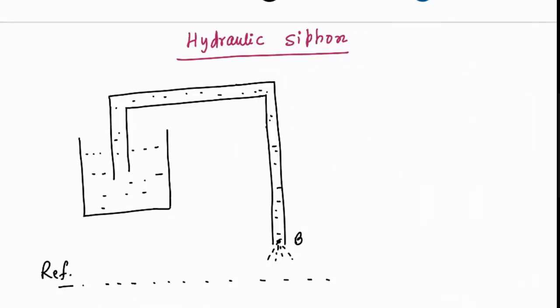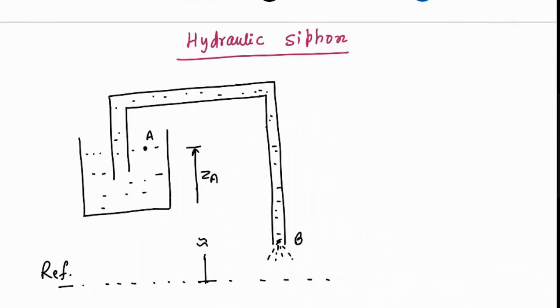Now let us consider this. We will apply Bernoulli's equation to find velocity at different points and to illustrate the concept of cavitation. So let us apply it at point A. This point is A, and it is located at a height of ZA from the reference line. So this is your reference line, and from this reference line, this is at a height of ZA.